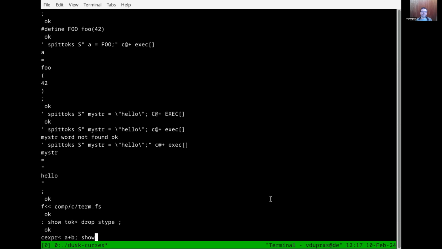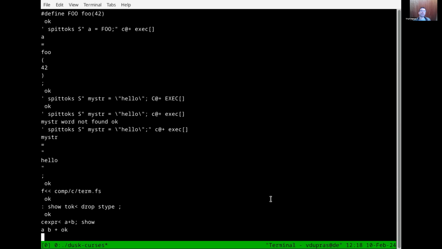Well, my approach is to reorder this expression into something that Forth likes, that is a postfix expression. So for example, here, what it does, it tokenizes every element, and then it reorders it into something that Forth understands. That is, we push A, we push B, and then we apply plus.